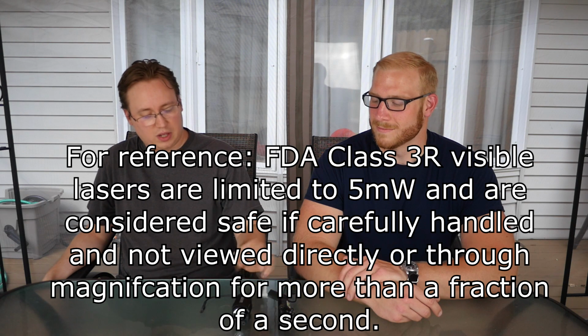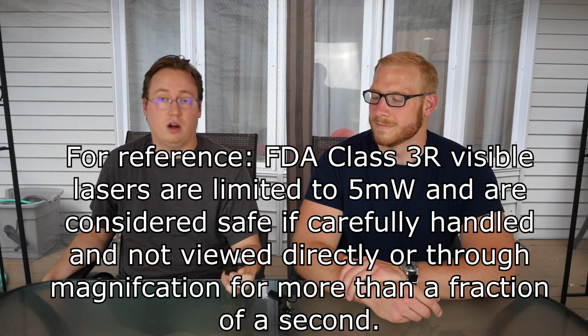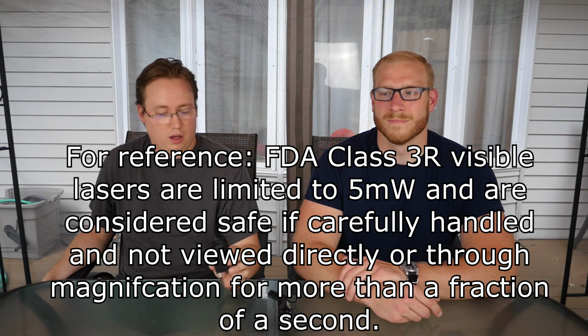And then on the flip side, you also have lasers like this. This is a Zenitco IR light laser system. This was much more expensive, about a $300 system, but this is also eye safe because this is about 4 milliwatts. And it's not that it's just a milliwatt over. No. It changes between the visible...